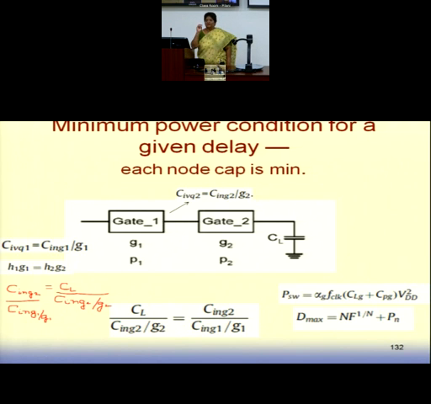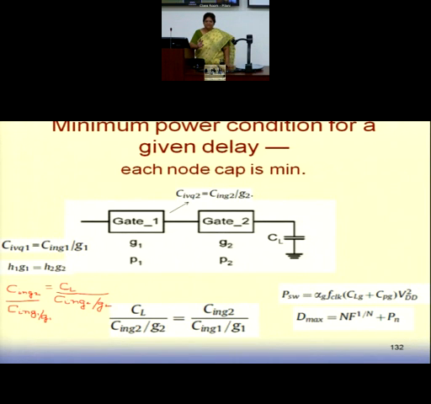Yes, ma'am. So we need to minimize with respect to the loading condition at this node. And that's what we do, because the equation is the same, GH plus P. There also you are having GH plus P. So if you minimize with respect to CG here, you will get the same equation, that G1H1 must be the same as G2H2. The same process you will follow. That means the condition for minimum delay is also valid for the minimum power for a modified P